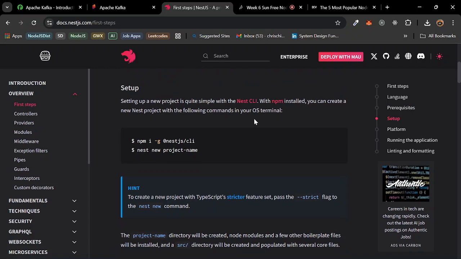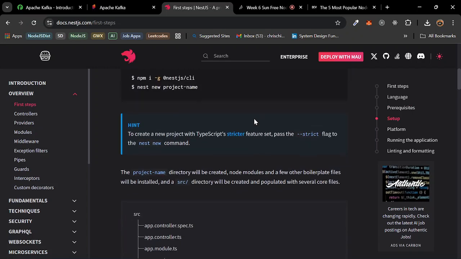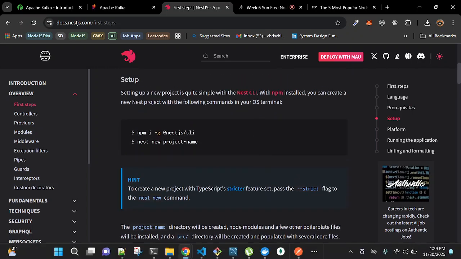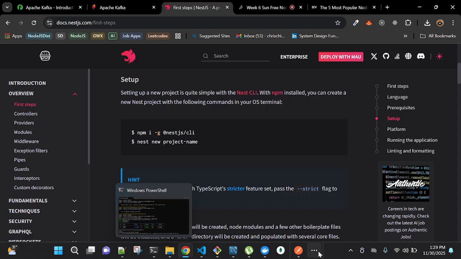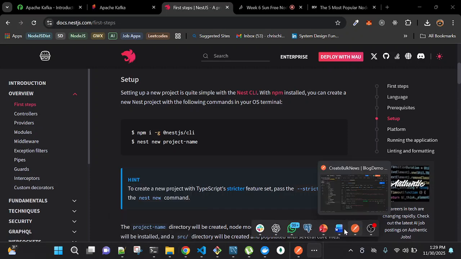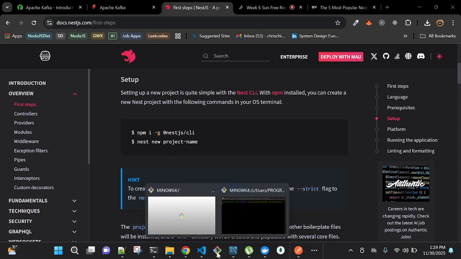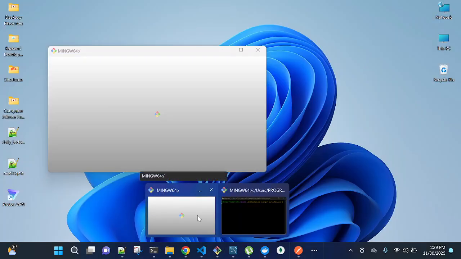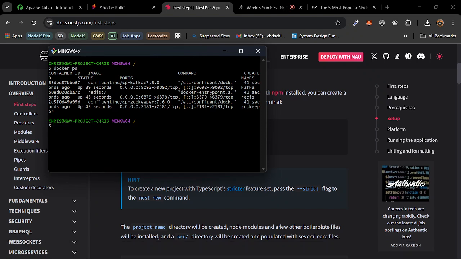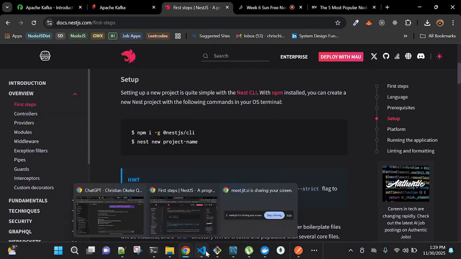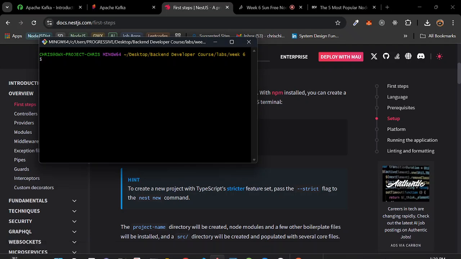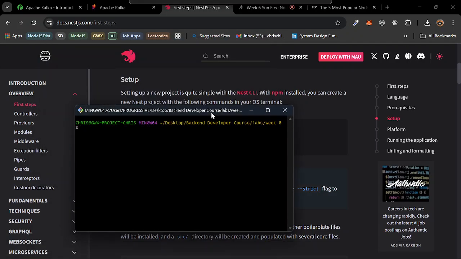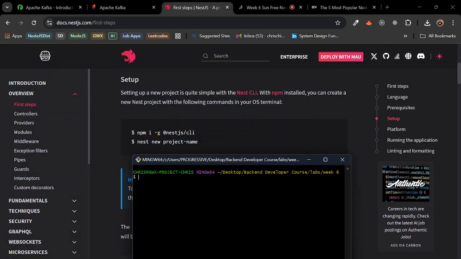Okay, but I don't have pnpm on my system now, so it's npm I have. You can use pnpm, you can use Yarn. I just noticed my space is kind of increasing since I'm using npm. I tried using npm, but since I noticed the space issue, I installed pnpm now.